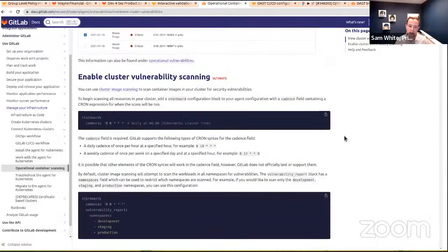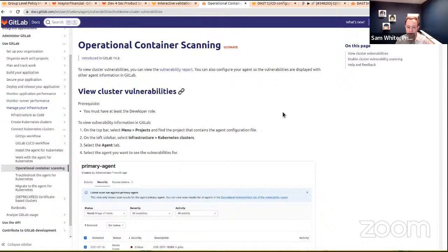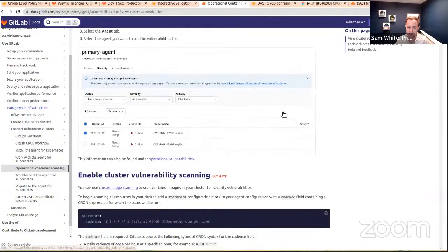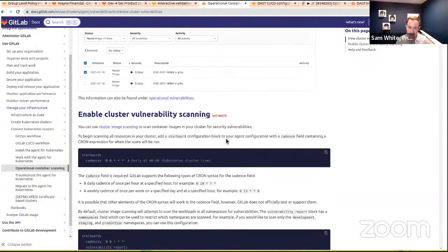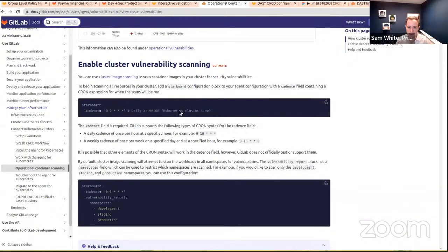Another key improvement that I'm really looking forward to is our operational container scanning feature. This one also just barely slipped out of 15.1, but we'll be wrapping it up here in 15.2, which is moving this functionality to general availability and out of the alpha early access state that it is now. You're already able to manage these on a per agent basis to set it to scan your production cluster for vulnerabilities.